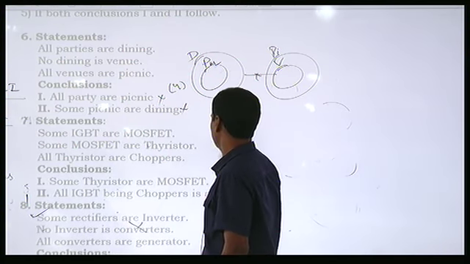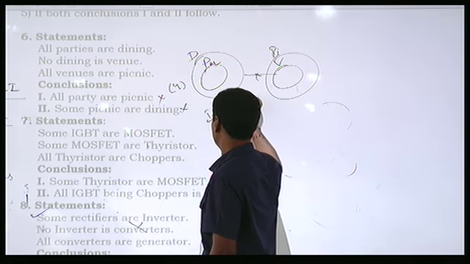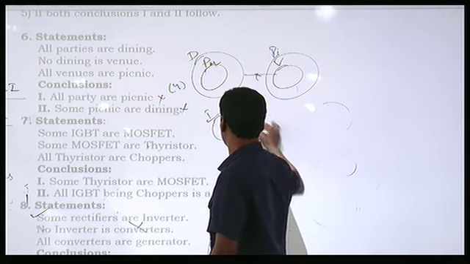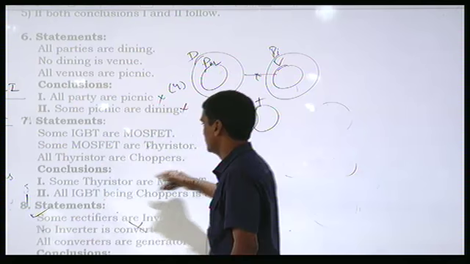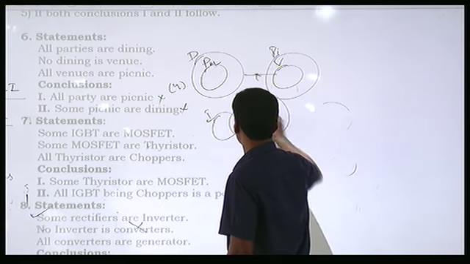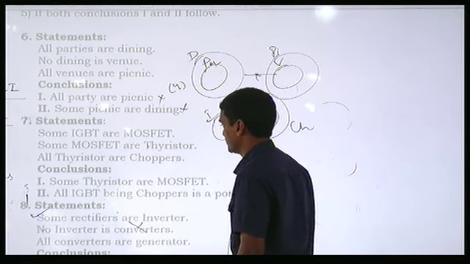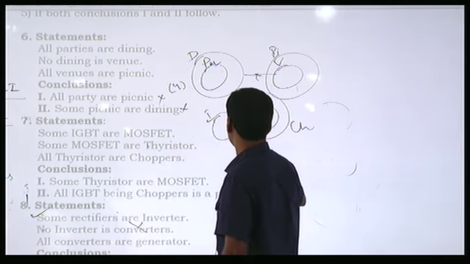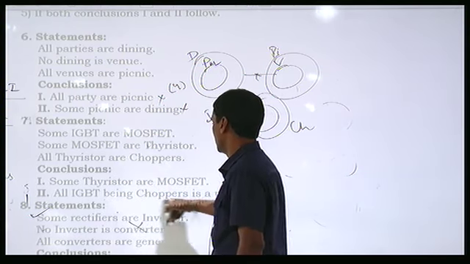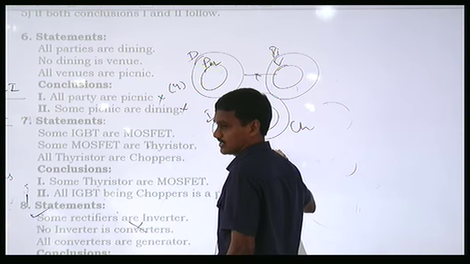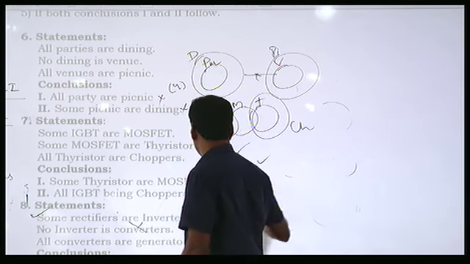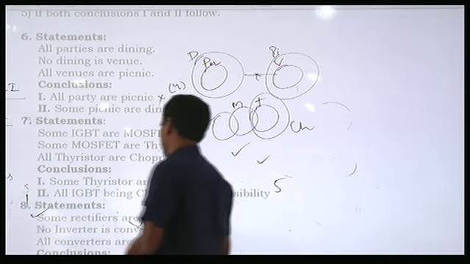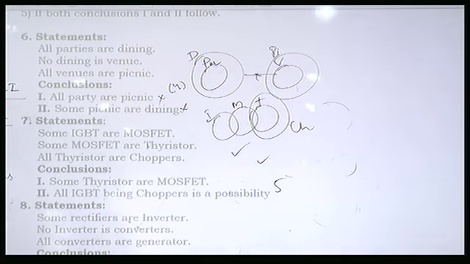Next one, some IGBT are MOSFET and some of these are priced and all priced are CH. This is the information given. And some TRM is true and all the statements are affirmative, hence we can make it as possible. Then what is your answer here? 5 is the answer. Then question number 8,